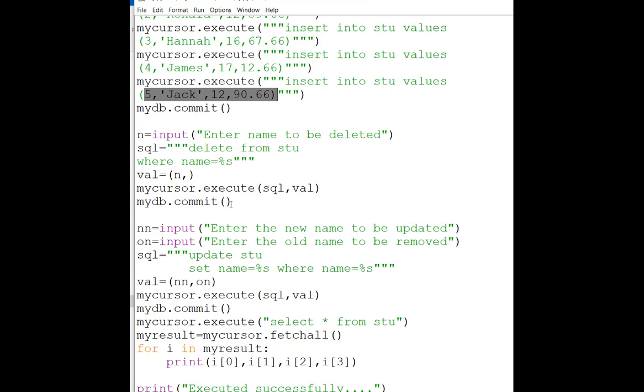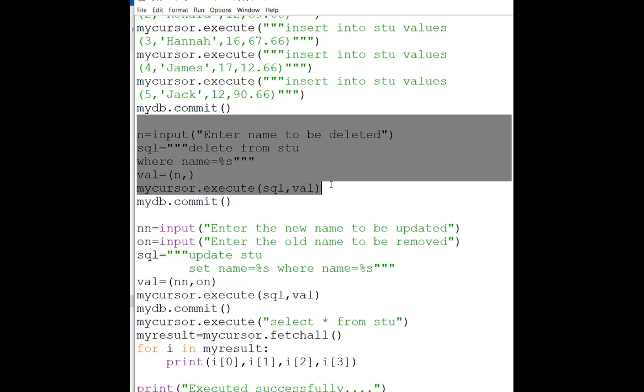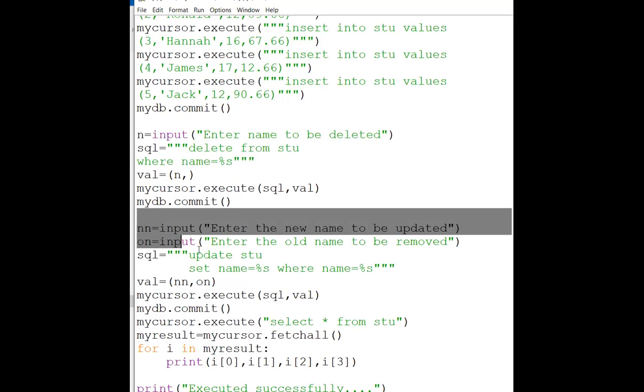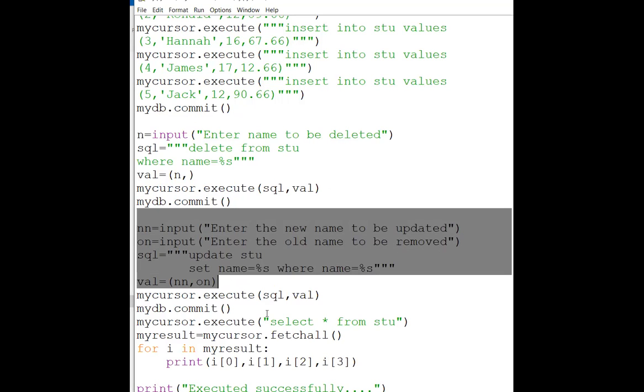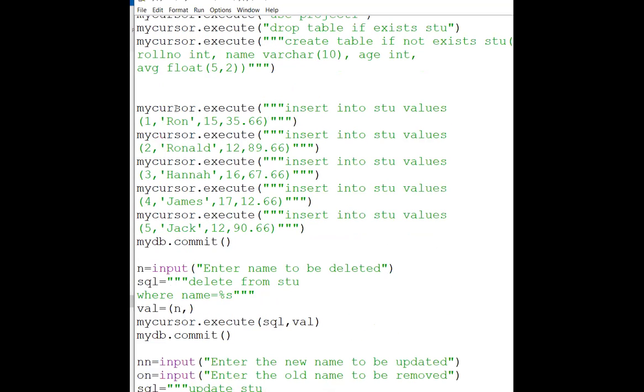Okay, then what you have to do today, you do practice of all these: delete, then update, select, and your homework will be try to make this insert query by asking the information from the user only. Okay, if you will be able to complete this, then you have to show me that answer also, that how you have done this. Again, I'm repeating, like for 4-5 informations are there, try to ask this value also from the user and then try to do this. Okay, then we will continue later on.